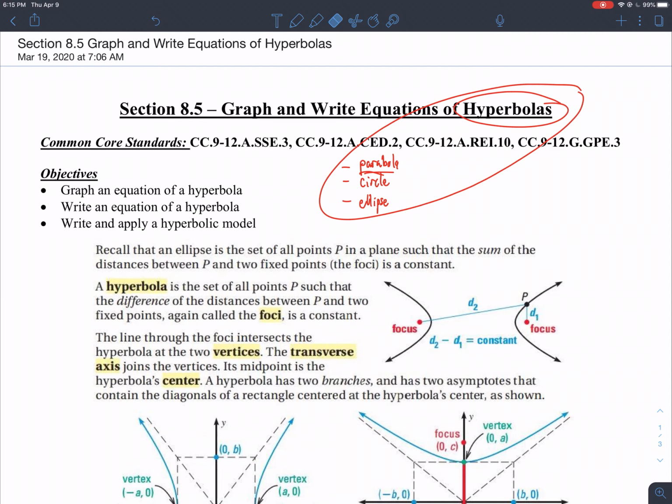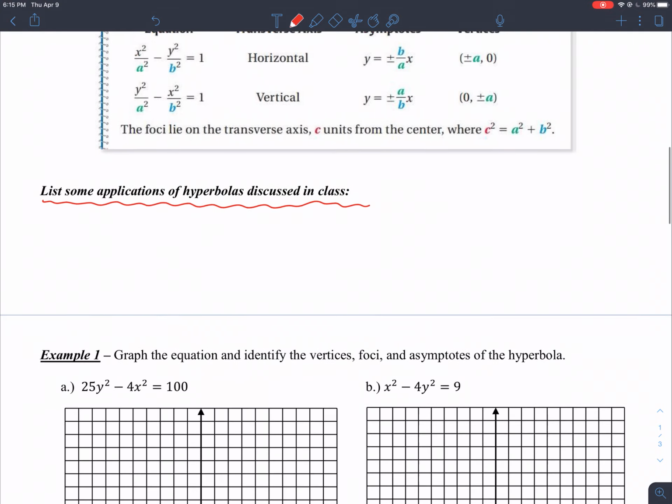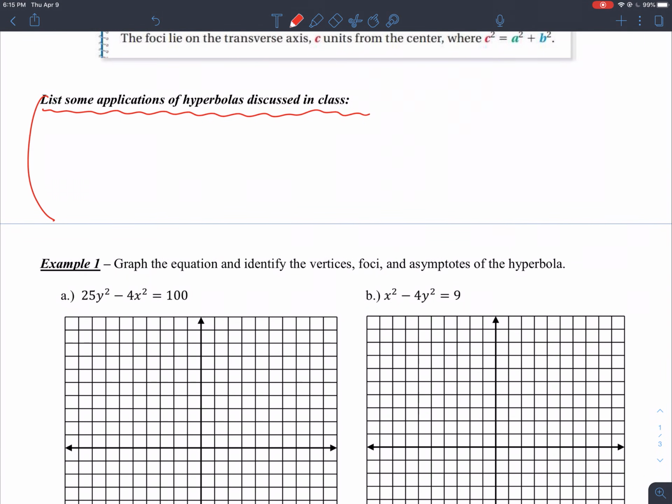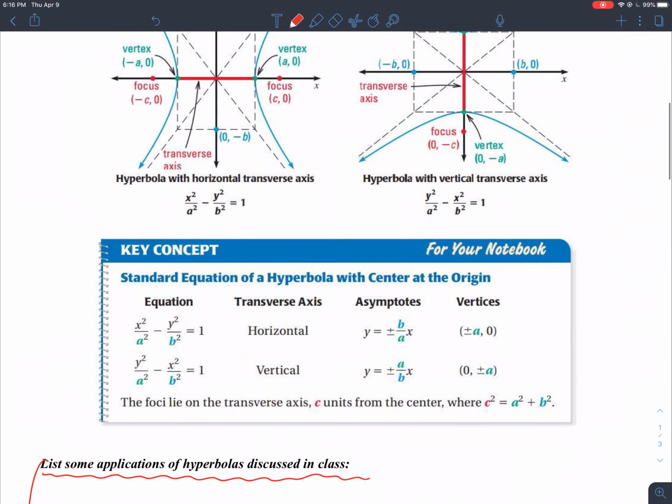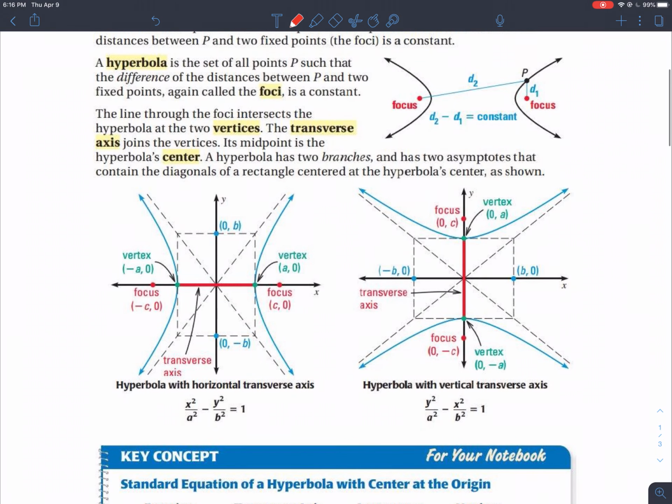Usually in class I spend 20-30 minutes going over each conic section's applications and I show pictures and things like that. I think what I'm going to do is not do this on this note sheet today. But I'm going to make a separate video that I'll be posting for you where I talk about all the applications of all the conic sections. And that'll be mainly me showing you pictures and links to websites and things like that, where we go over how people actually use conic sections in the real world, so that you understand we're not just doing this to waste your time and play with equations, okay? I do enjoy playing with equations, I know some of you do, but it's not really the reason why we're